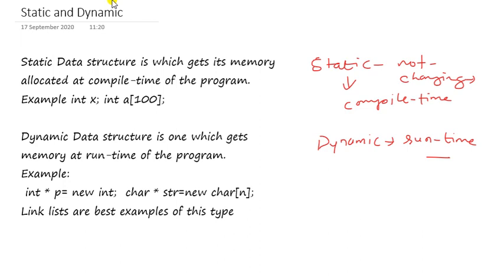Say you have an array as an example of a static data structure. The size of the array has to be a constant. Why does it have to be a constant? At compile time it will allocate this much amount of memory. If it is a variable, at compile time the value is not known, so a variable is not allowed here. That's why you have to fix the memory at the time of compile, like 100. Then if you want to store 101 numbers, you will fall short of memory.